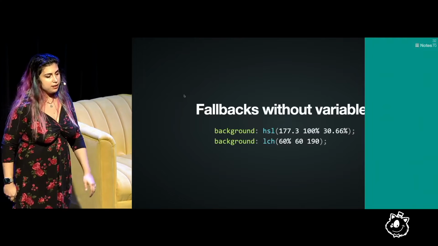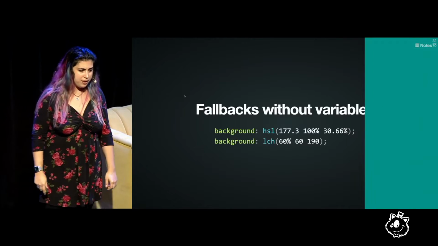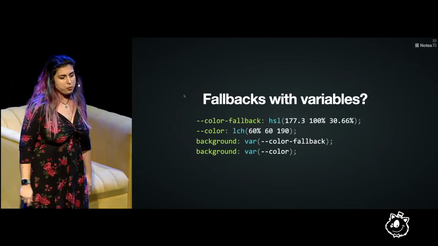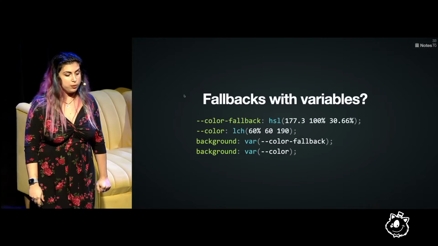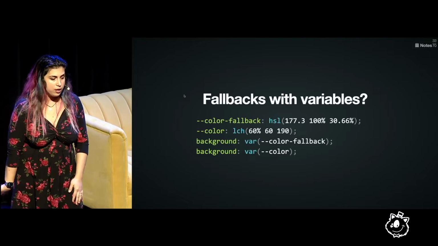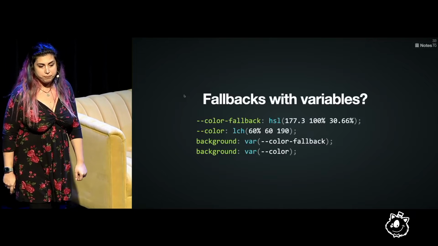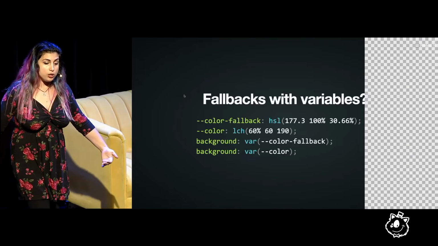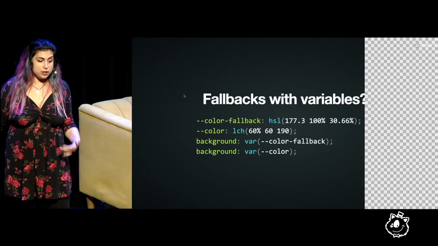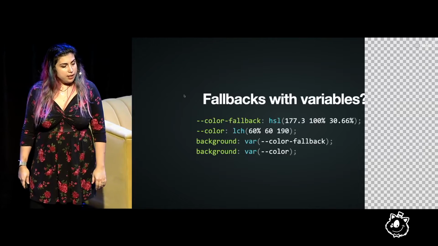All very nice. And then we decide, you know what? It's 2022. Our colors should really be in variables, so we can reuse them. So we decide to have a color variable and a color fallback variable with our main turquoise color. And we use it like that, and we expect to get the same result. But we don't. We get nice, bright turquoise in Safari that supports LCH colors, and we get transparent in Chrome. And why is that?